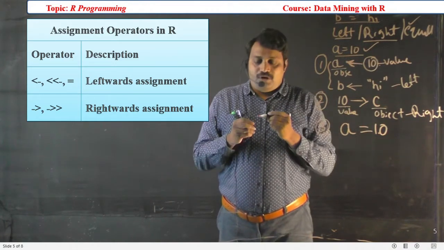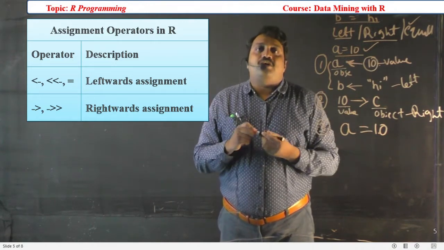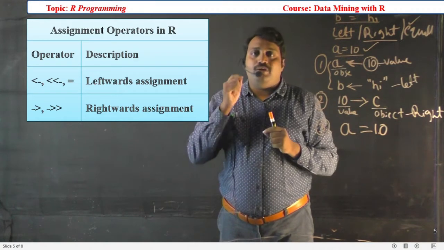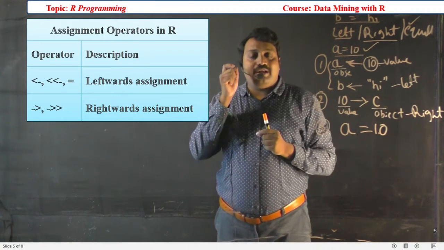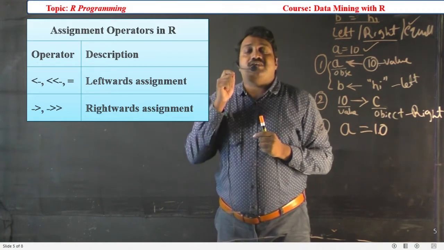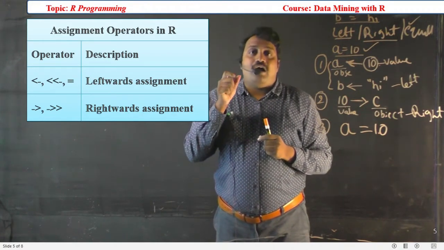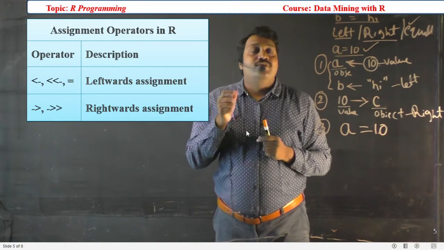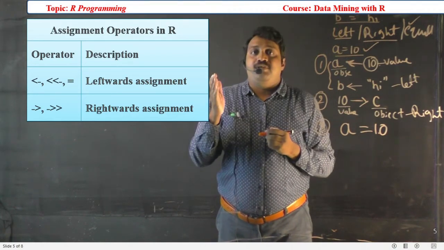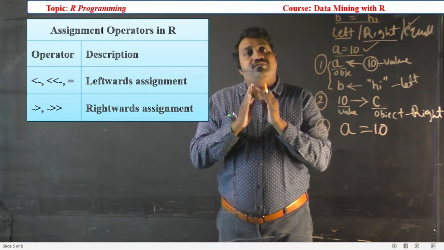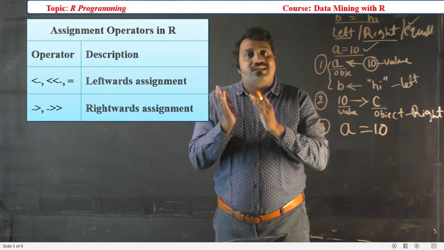Okay, hope you understood the basic concept of R, how to create an object or a variable, and what the advantage of objects in R is. An object can store any value, with no need for a particular type. If you need a particular type, we need to give the strict type. We will discuss that in the next class.